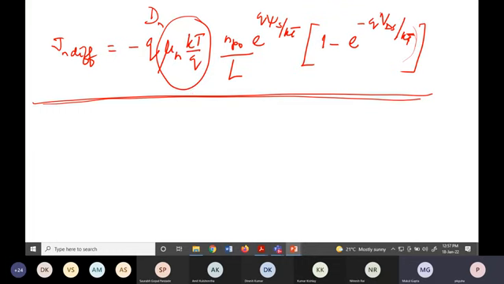In other words, your IDS at subthreshold is basically related to VGS minus VTH. And it is possible to show that this subthreshold slope, which is usually